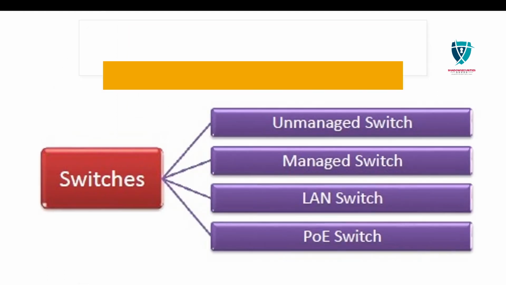So if we come to the types of switches, the first ones are unmanaged, managed, LAN switch, and PoE. So there are four types of switches. Unmanaged switches are inexpensive switches commonly used in home networks and small businesses. They can be set up by simply plugging into the network, after which they instantly start operating. When more devices need to be added, more switches are simply added by this plug and play method. They are referred to as unmanaged since they do not require configuring or monitoring. So in the practical session we are going to use an unmanaged switch.